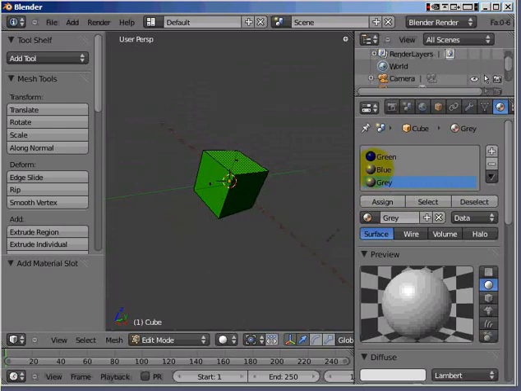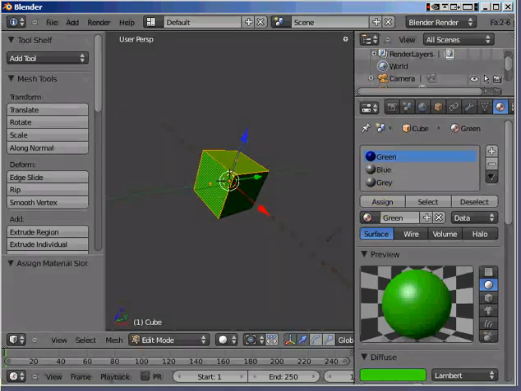Okay, next thing. See the green here? Let's say I want these 2 faces here green. Or I know they're green already, but pretend I want those green. Select, hold your shift key down and select again, and that allows you to select many different faces. Right, then I'm going to go assign. Now, even though you can't see anything right now, that has actually assigned green to those 2